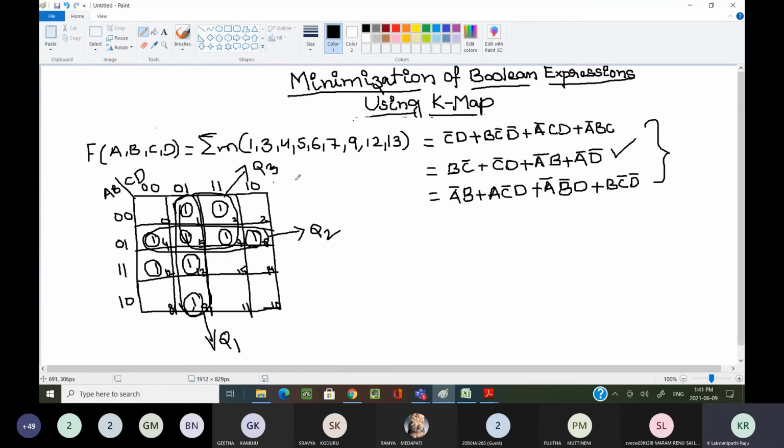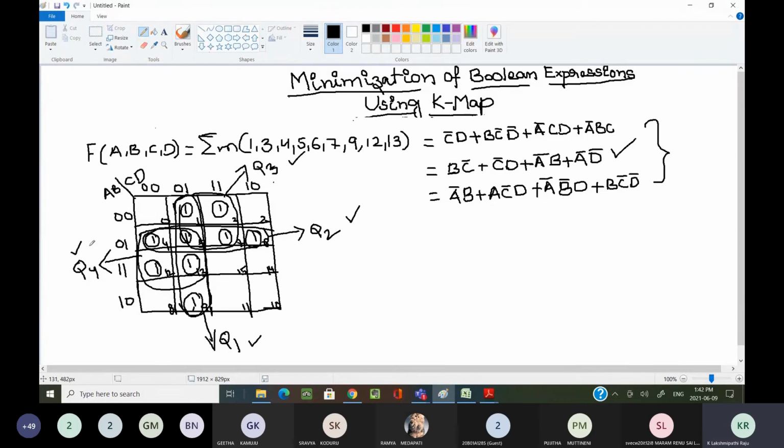Am I clear? Now, only one min term is left. Here, I can form another quad by combining these 4 min terms. That is quad 4. So many people make the mistake of not forming all these 4 quads. They stop after forming only some of them. Some people form quad 1 and quad 2, some form quad 3 and quad 4, and they stop there. But in this problem, you can form totally 4 quads.